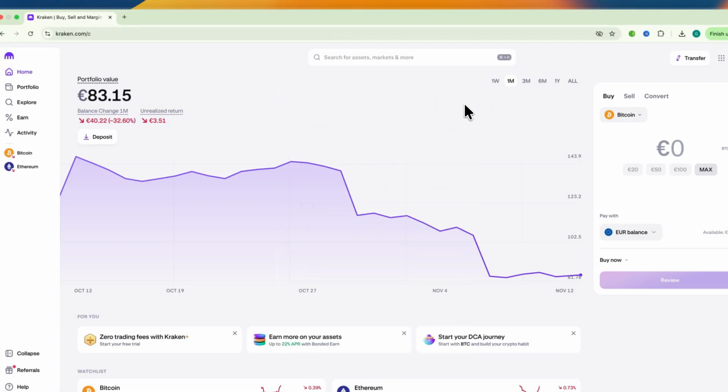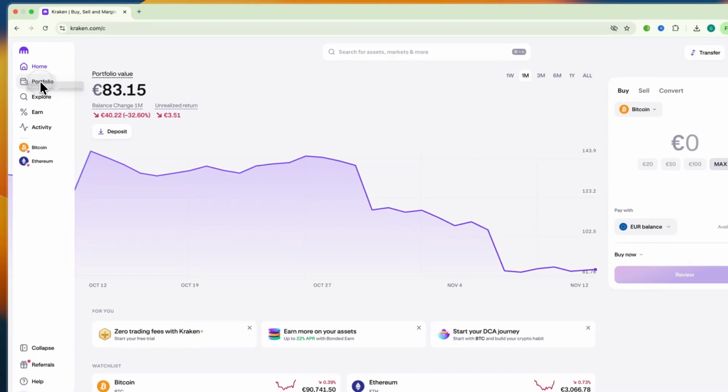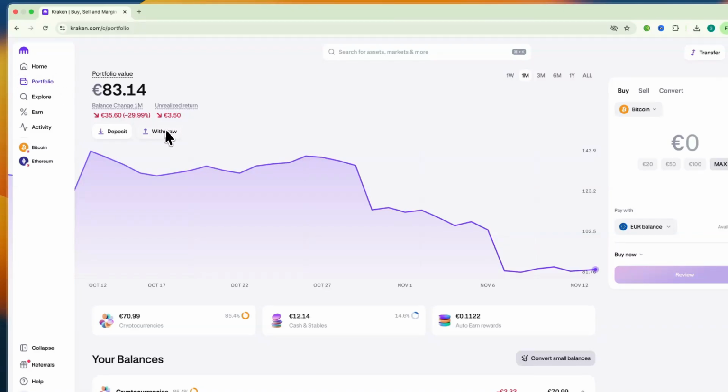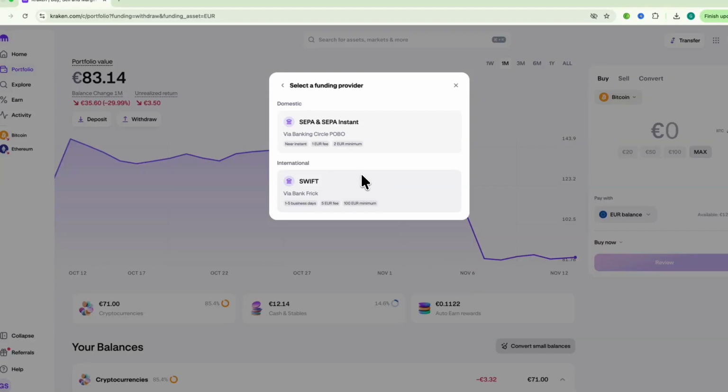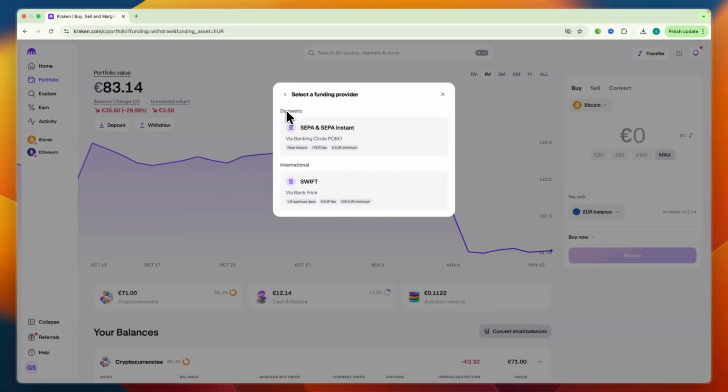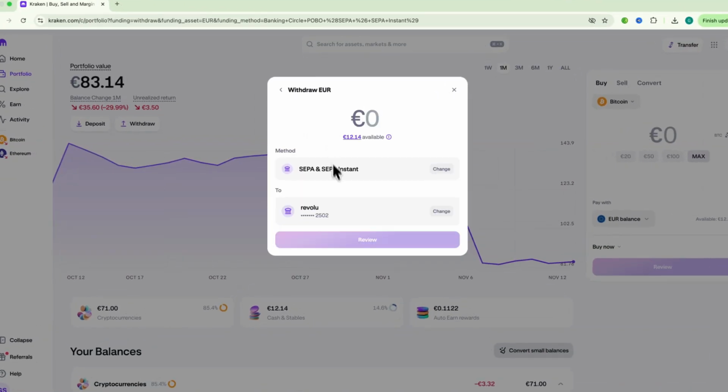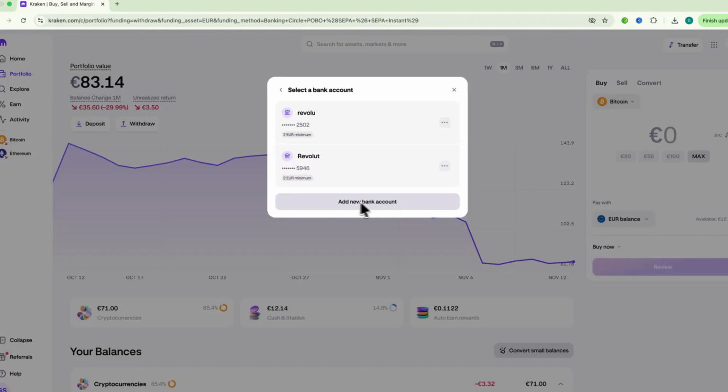So for example, what you can also do is go into portfolio, or on mobile again transfer, and then click withdrawal. And then also select the cash currency you use, which for me again is euro. And then here also select a bank account option. So for me, domestic, SEPA. And then here where it says to, click on change and then add a new bank